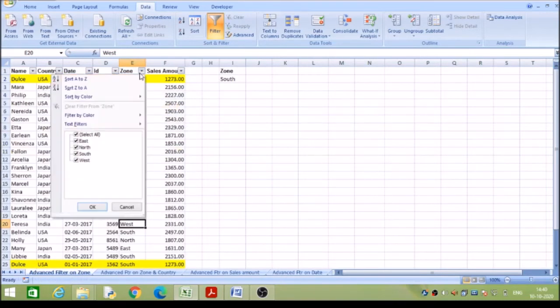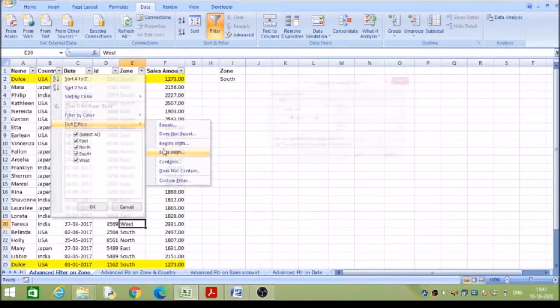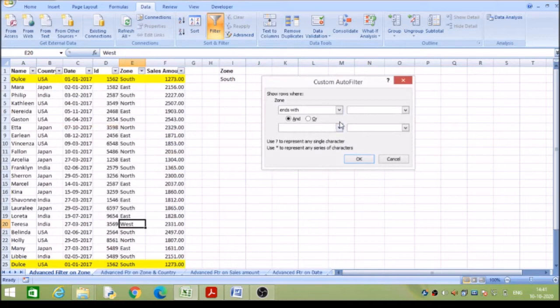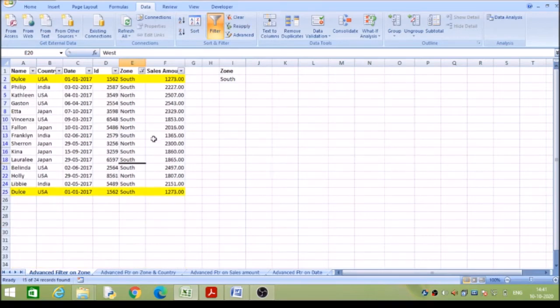Then we'll move to the text filter ends with. Here I am looking for the zone where the zone name ends with TH. Here I got south and north. These are the zone names which end with TH.